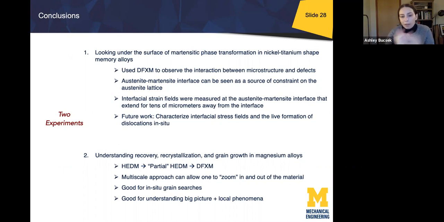By the way, this partial HEDM procedure is good for in situ grain searches. It's good if you can't do some other characterization techniques that need the grain structure to be a little bit cleaner. And again, it's good for understanding the big picture, but also the